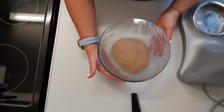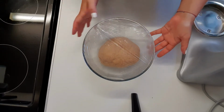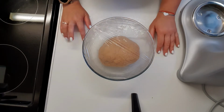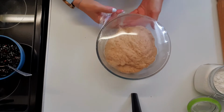After 5 minutes, the dough is ready, and we're gonna let it rise. Now, because it's very hot outside, I'm just gonna leave it in the kitchen. It's already warm. I'm gonna let it rise about 2-3 hours until it doubles in size. I'll see you after. Right, so it has doubled in size,